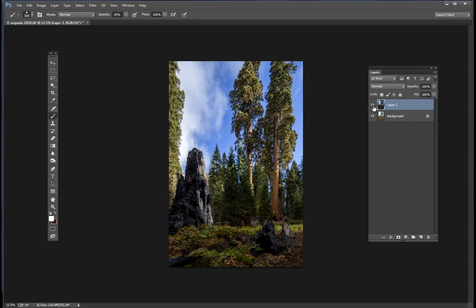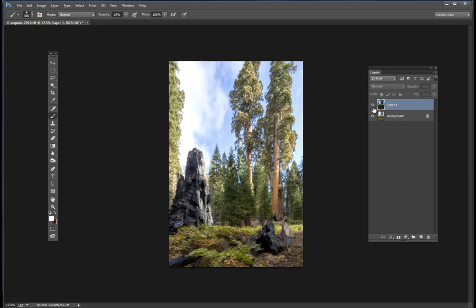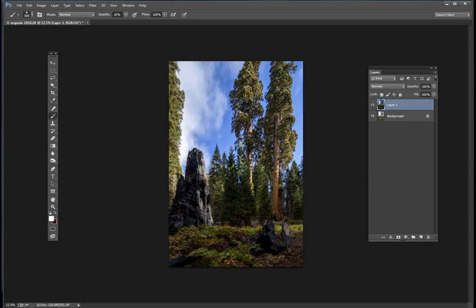Okay, there's a bit of movement between the two in the cloud, but as the join is going to be down here in the trees, I don't see that being a problem. So now what I want to do is select the area of the dark layer that I want to show, and it's the top bit. So we'll do that, and I'm just going to use the lasso tool here to select the brighter area of the image,